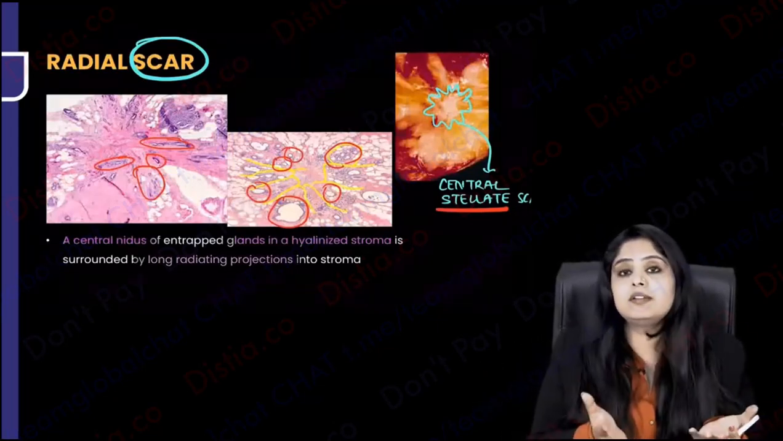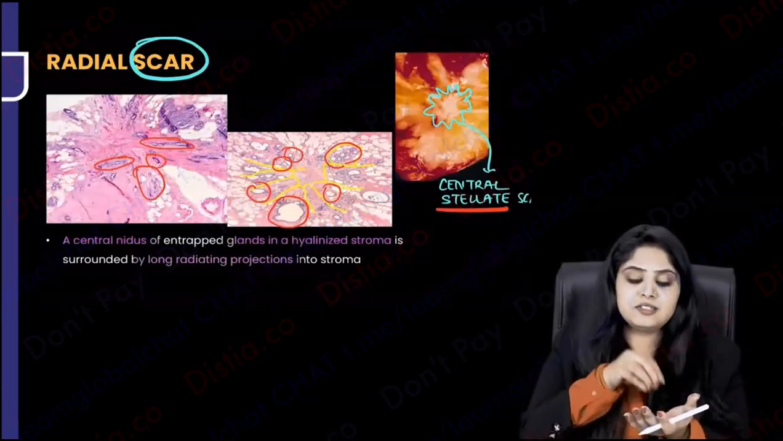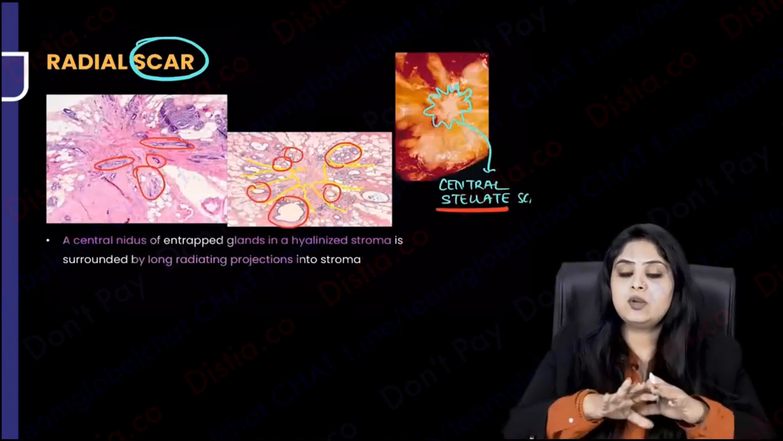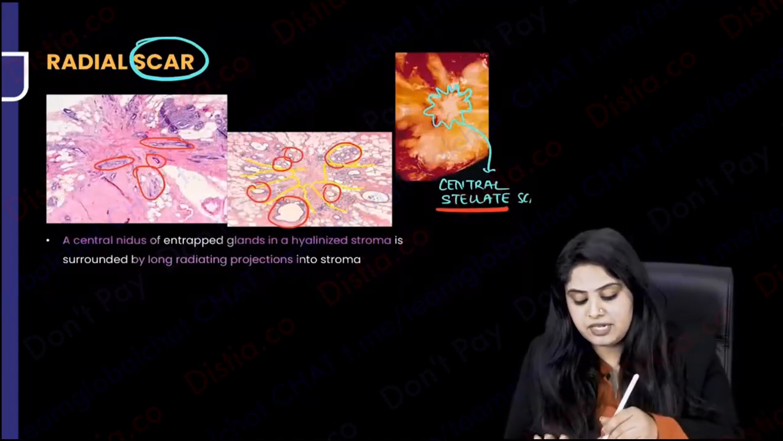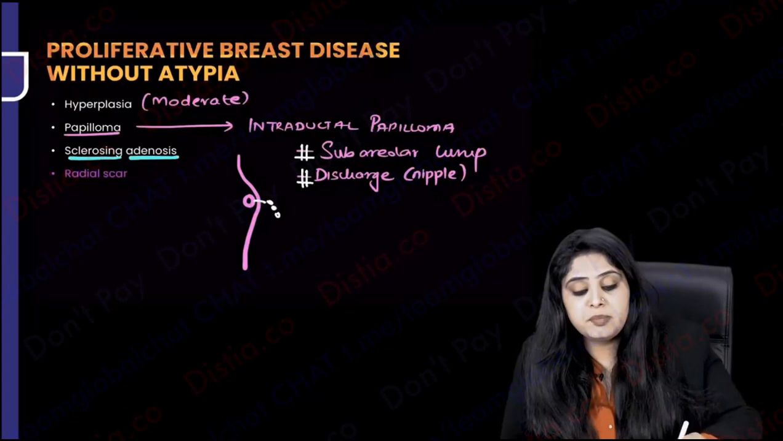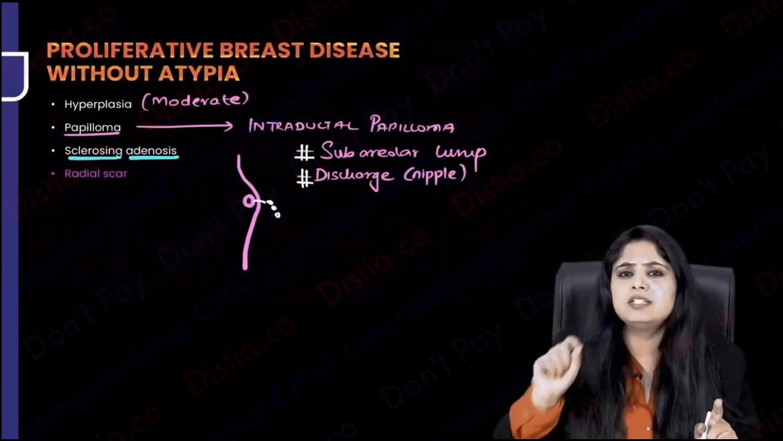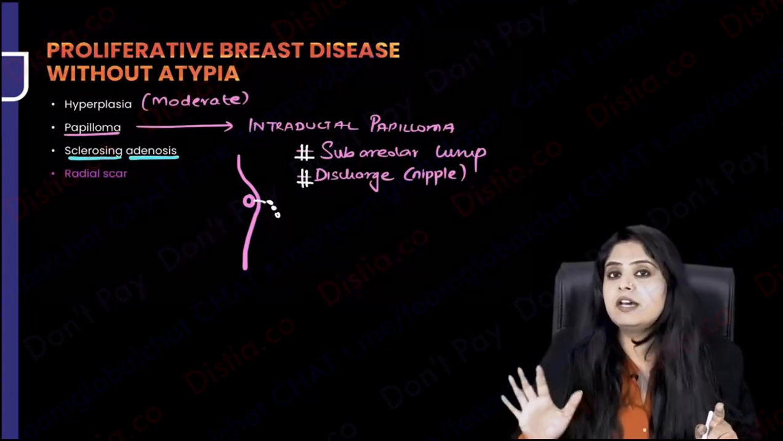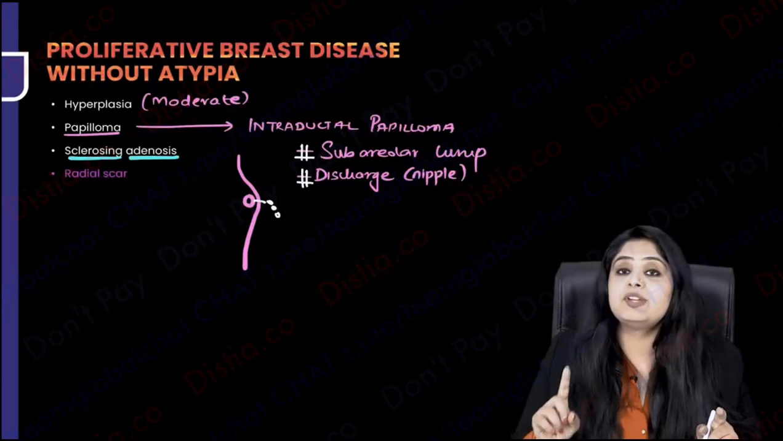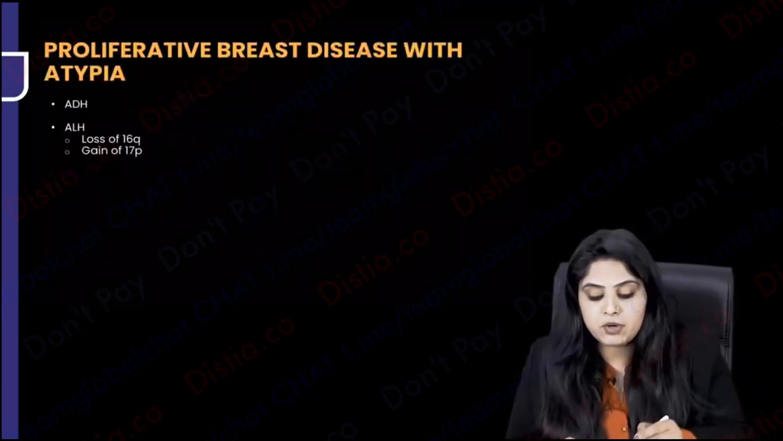That's a very complicated way of writing it in the textbook, right? It's very simple. There's a scar in the center. That scar sends out projections, and all the glands are entrapped in it. That is a radial scar, and all of these findings were coming under proliferative disease. But let me remind you, there was no bad cell. I did not even show you any one cell or mitosis or some worrisome feature. All of that was proliferative breast disease without atypia,